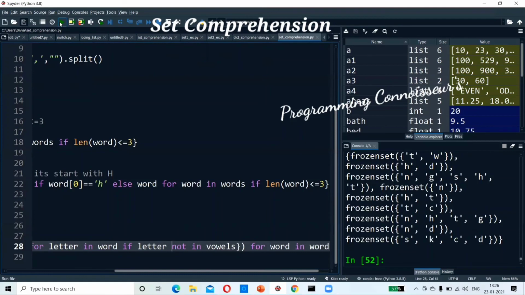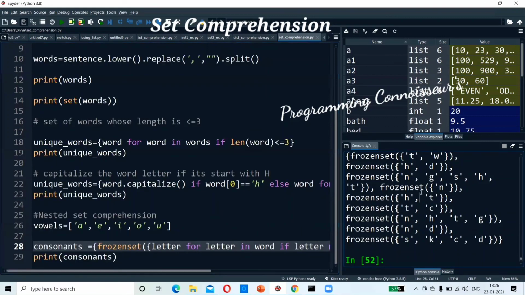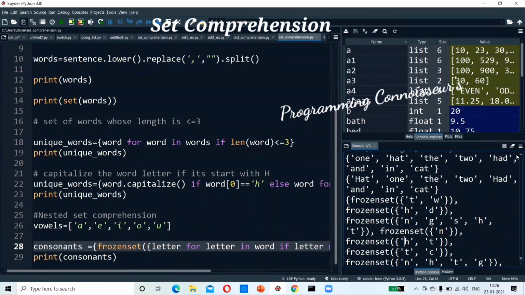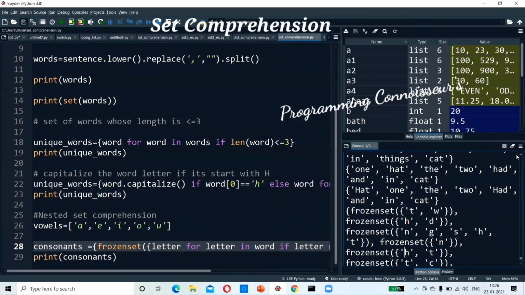You see what happened? It gave you every other consonant in a frozen set. A and E removed. Correct? Are you understanding? It checked every word, and every letter.